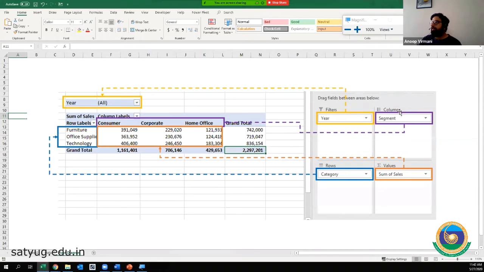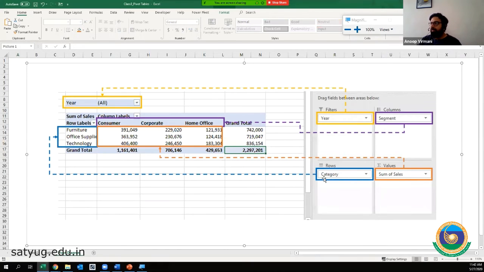The segment in the column list will go as a column header, right? Like in normal Excel, a column is a column in the headers and a row is from top to bottom, right? The row as in the category, this here will go to the row category here.